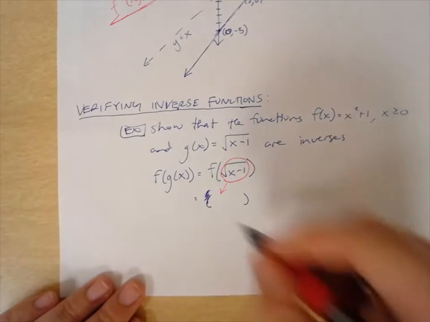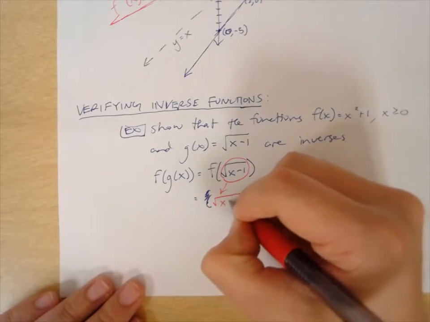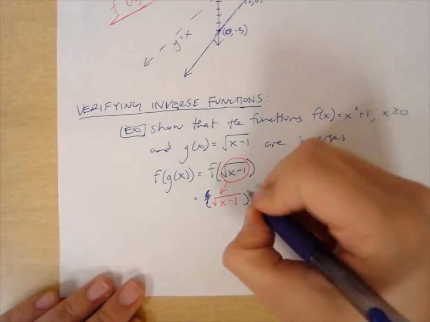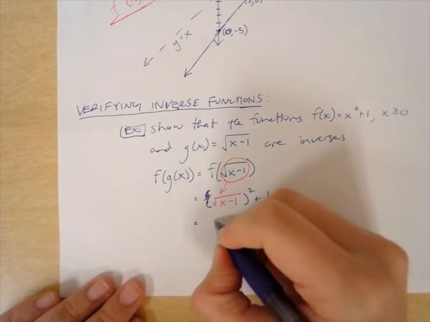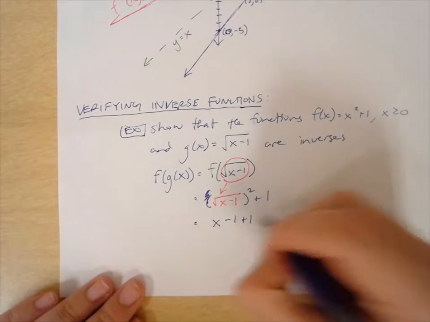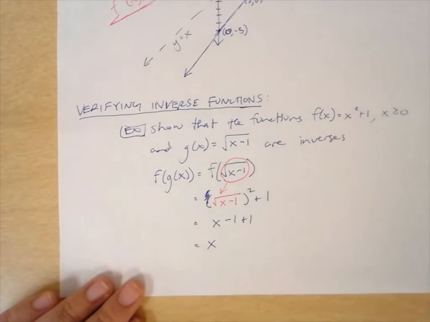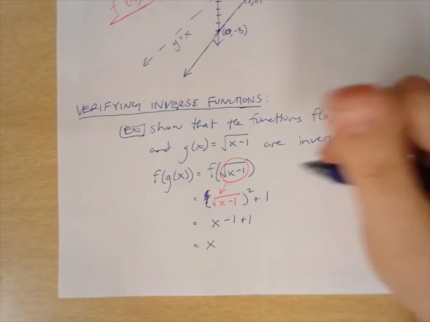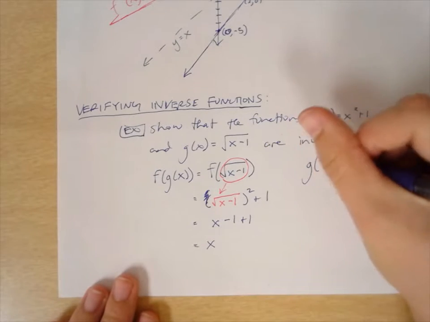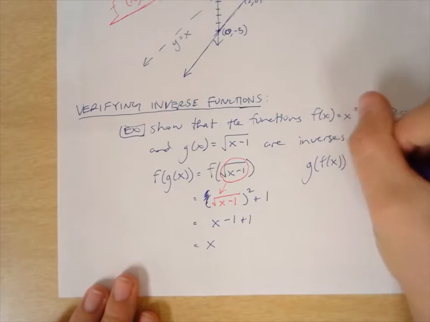So I say the radical of x minus 1, squared, plus 1. I square the radical, so the radical goes away. I get x minus 1 plus 1, and I get just x. If I were to do the opposite, if I were to take g of f of x,